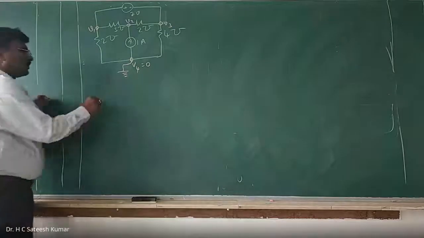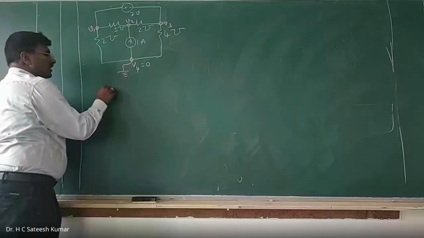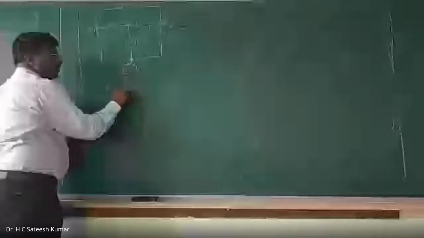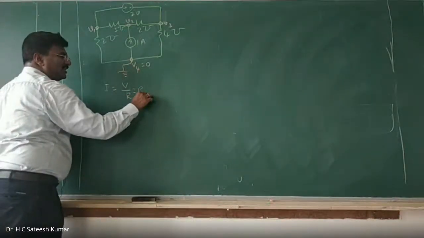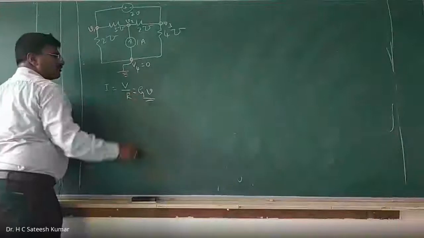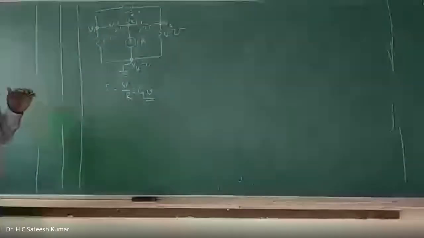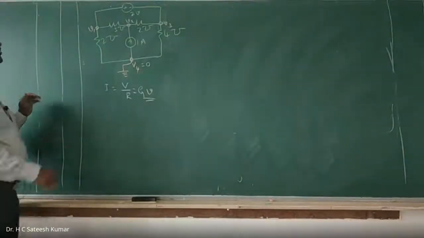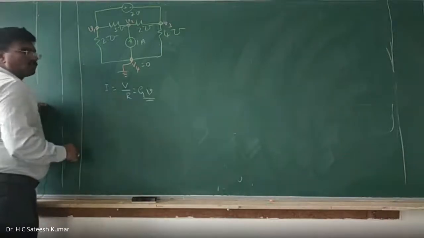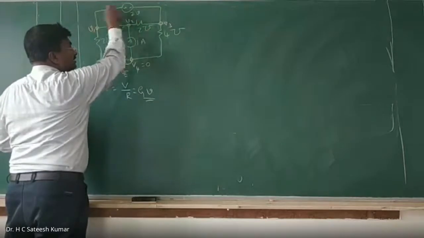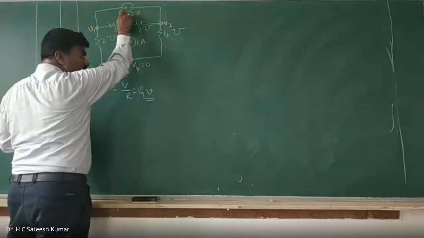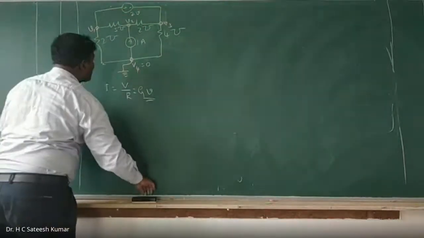Therefore, Ohm's law, what it says, current is equal to what? I is equal to V by R. Therefore, 1 by R is G. I equals G into V. Therefore, voltage has to be multiplied with what? Conductance, not with division, right? Now, what is that you can write? Okay. Do you have any supernode? Yes. Between these 2 nodes, we don't have any resistance, but we have only voltage source. Therefore, we can combine together, we can make supernode.